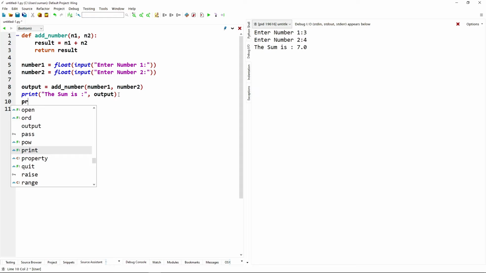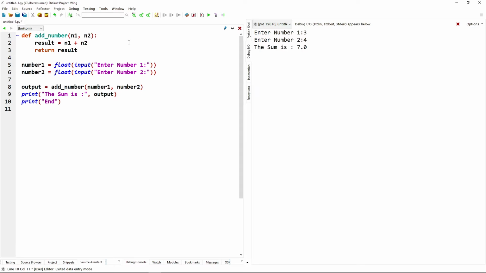Suppose print("end"). So we can get like that. Enter number 1, 2, then 4. We are getting 6.0 and then end.